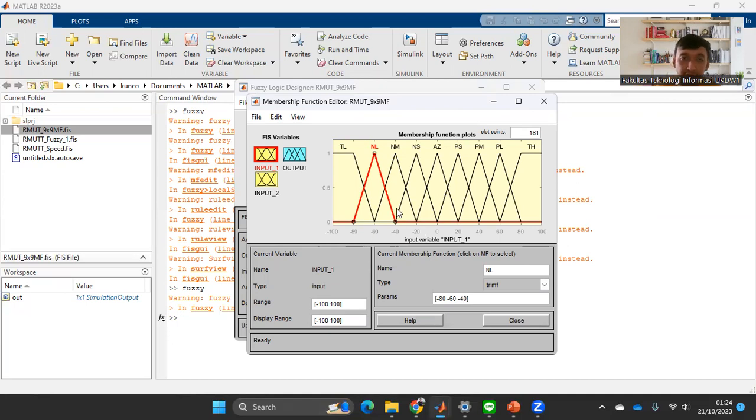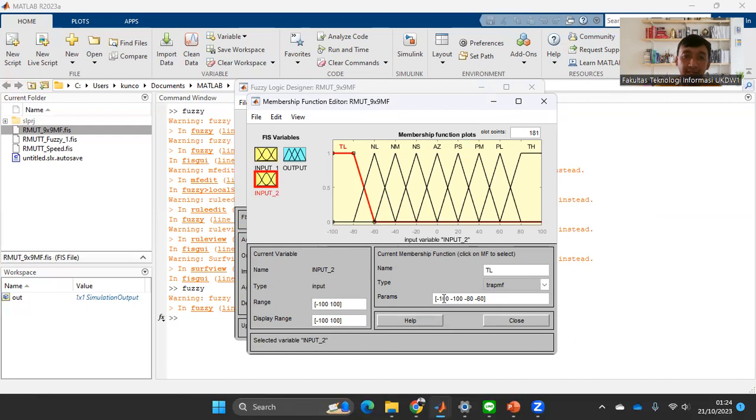It's the same for input number 2, but we cannot copy paste the input, so we need to set it manually again for input number 1 and input number 2.